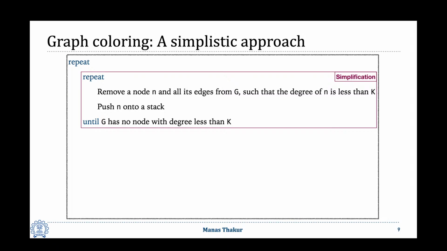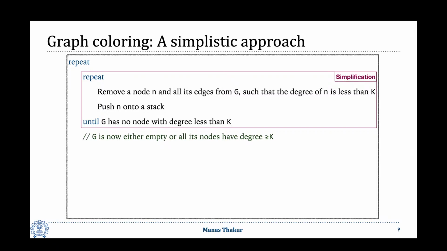So this algorithm says, first remove all the troublemakers. All nodes that have a degree greater than or equal to k, just remove them. Simplify the graph so that troublemakers are gone. Let me handle the ones that I can handle easily, whose degree is less than k, for example. Okay, so after this step, G is either empty, or I have all the nodes whose degree is, sorry, let me